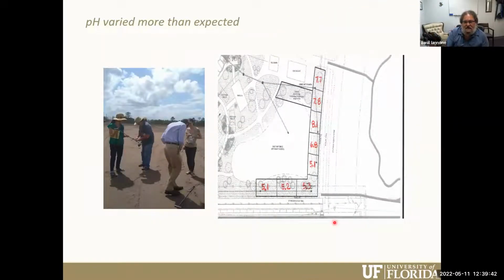What you see here in this figure is us taking soil cores, but over here is the pH levels across this experimental gradient that we set up where our experimental plots are. And this is really interesting to us. Generally, when we think about development fill soils, we think of very sandy soils with a higher pH. And we were surprised that these fill soils actually had a great variety in pH. So it was a lesson learned for us that we cannot assume that all development soils have the same chemical properties. They're not homogeneous, right?